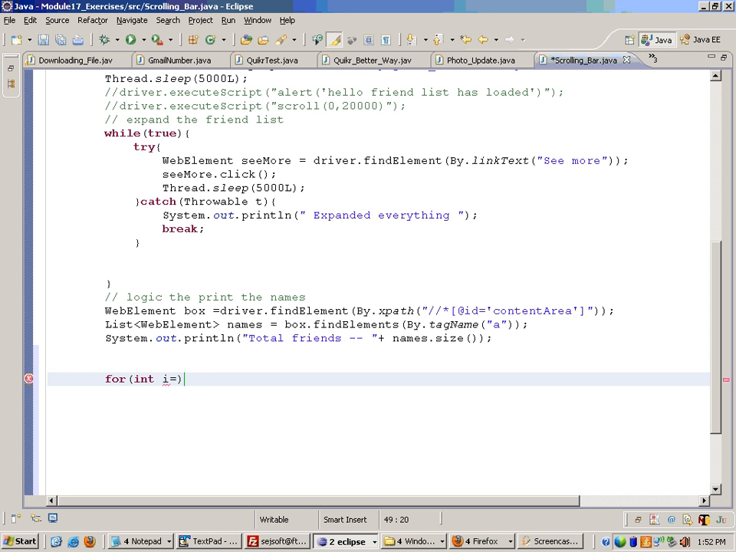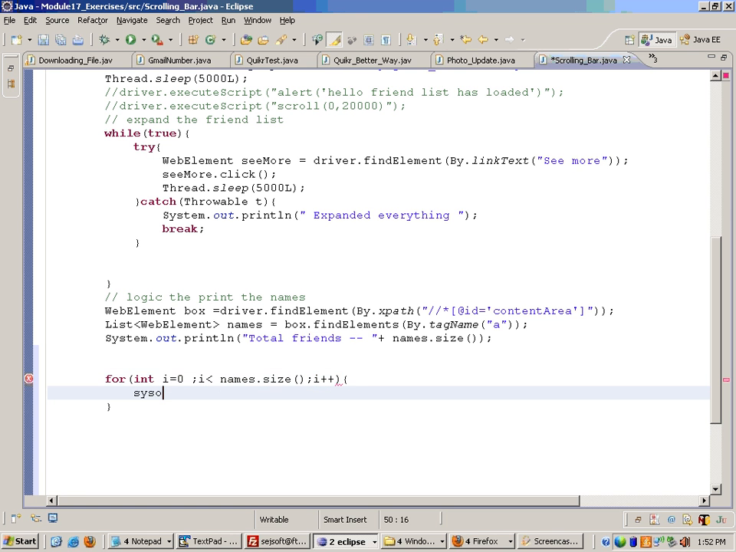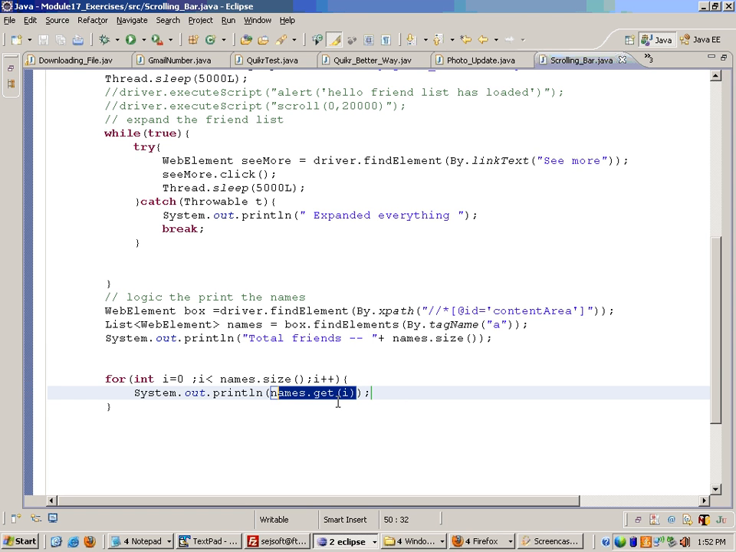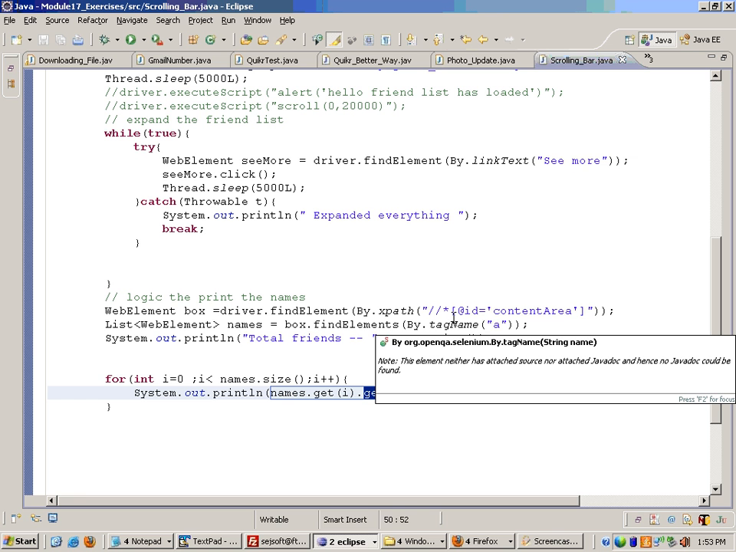You can write for int i equals to 0, semicolon i less than names dot size, semicolon i plus plus, and system.out.println names.get(i). Names.get(i) will bring out a web element because this is a list of web elements. From this list names, get the ith element, 0th element, 1st element, 2nd element, and from that element get the text. Okay, so it will get the link web element and it will get the text of the link and print it. So when I run this program,